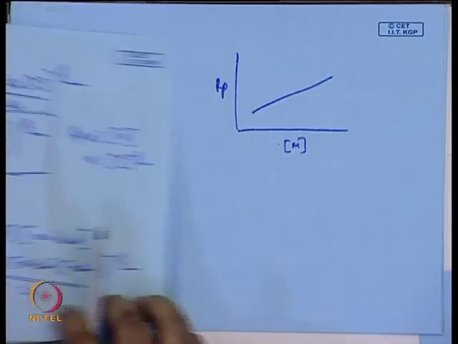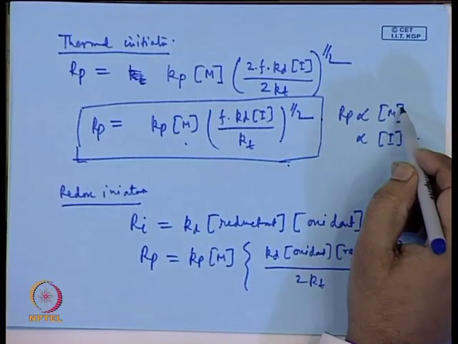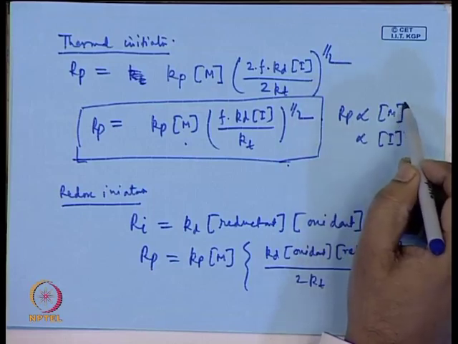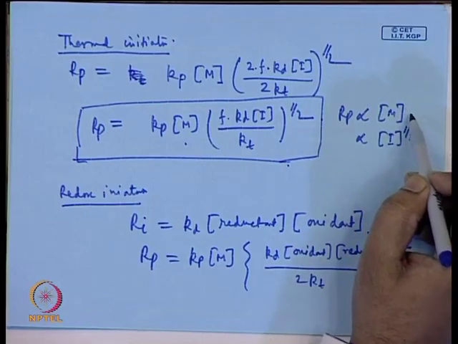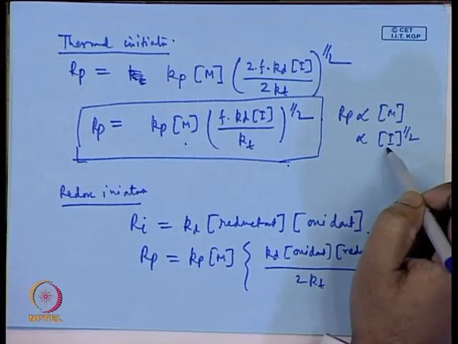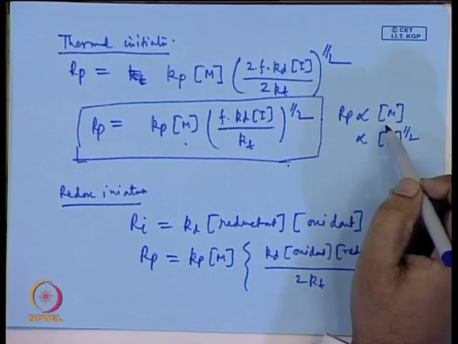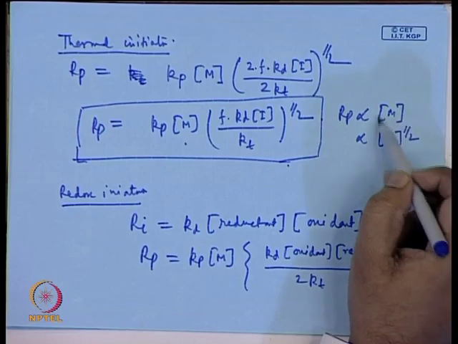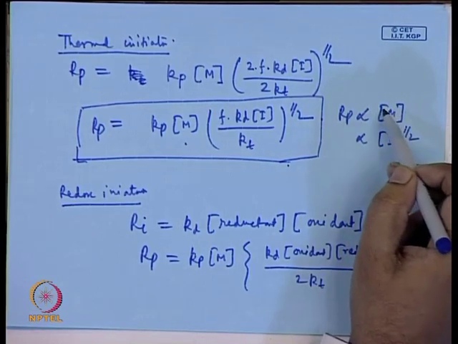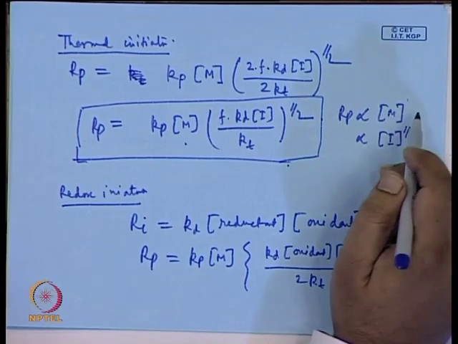Now, sometimes experimentally it is found that the rate is not directly proportional to the power of the initiator concentration; it could be more than 1. Like 3 by 2 in some cases, or in some cases it might be even lower. Now, that indicates that if the rate of polymerization depends not on the power 1, but more than 1, say like 3 by 2, which means that this monomer is also taking part in